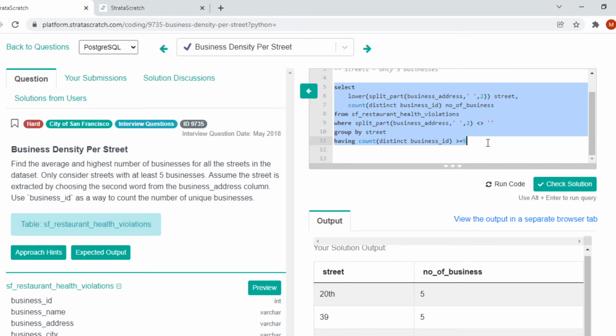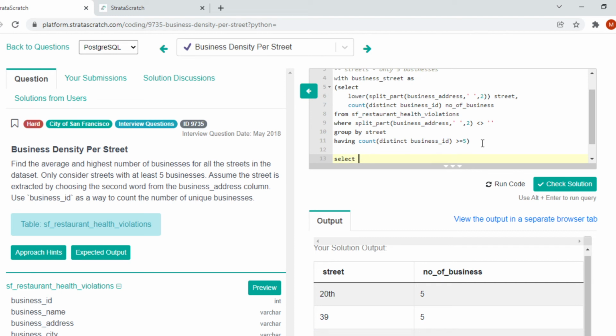We can either use this in the from clause, or we can just make it a CTE, that is with clause, and we can name this businesses based on streets, as, and we can just use normal